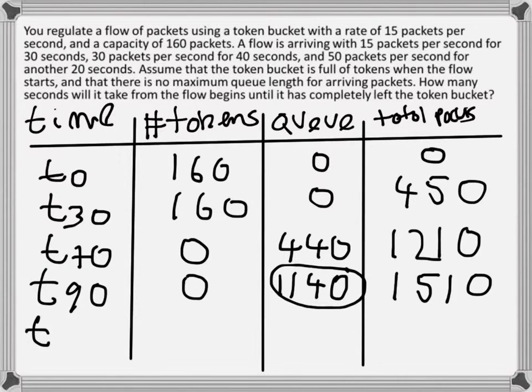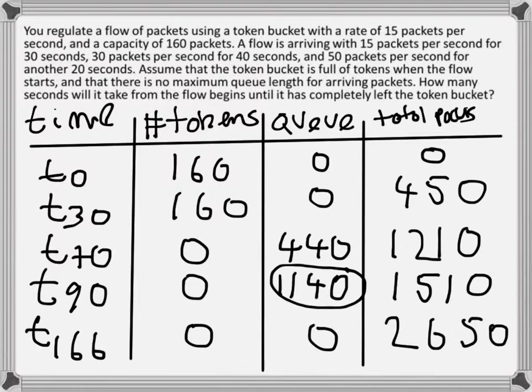So we can say that after 166 seconds we have no tokens, and we have no queue, and in total we will have processed 2,650 packets. If we are now in doubt about this, so just to check that our result is actually correct,